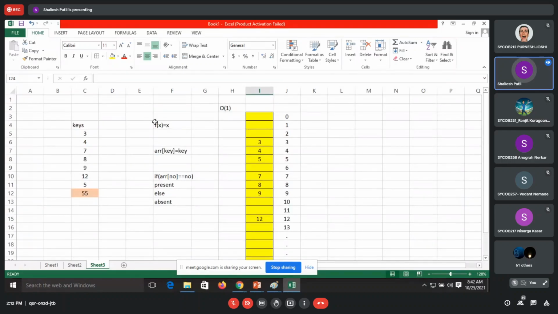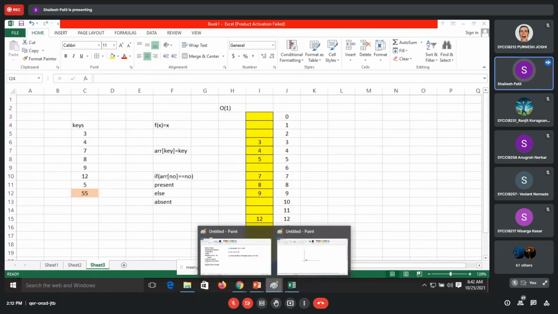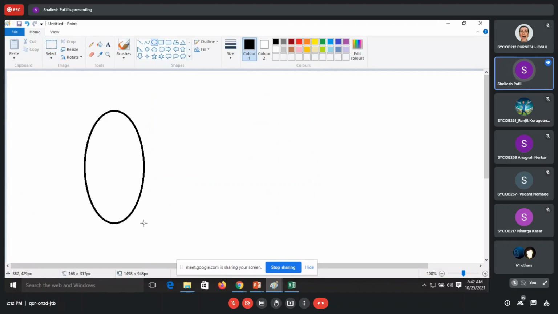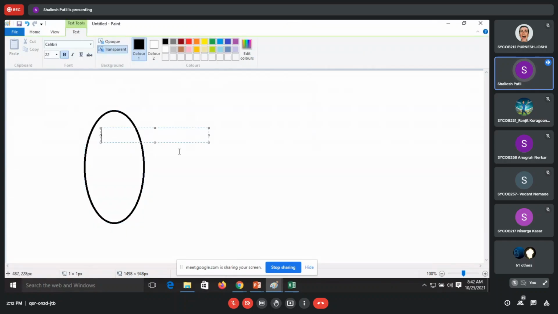So there comes some structure where we have to map something. We can say we have to have some mathematical function by which we can place that element into that array. Suppose my key values will be the same: 3, 4, 5, 8, 9, and suppose I will have 11 initially. These are my keys.